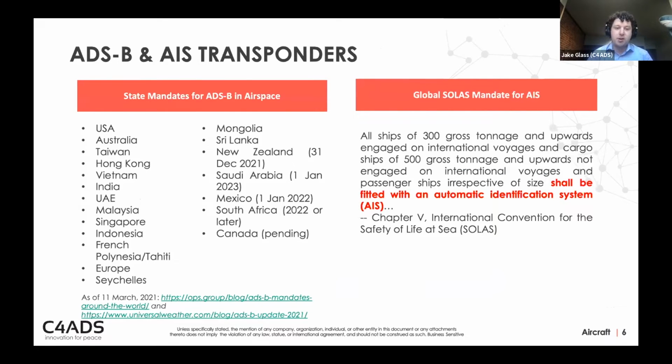And so this on the left here is a list of countries that now have state mandates for using ADS-B in all or most of their airspace and for most types of aircraft. So that extends to a very large number of countries, meaning that if you're tracking, for example, a private jet that's flying in Europe, in the US, in large parts of Southeast Asia, you will likely see that it has an ADS-B transponder, which means that you can track it on public data tracking networks like ADS-B Exchange, like Flight